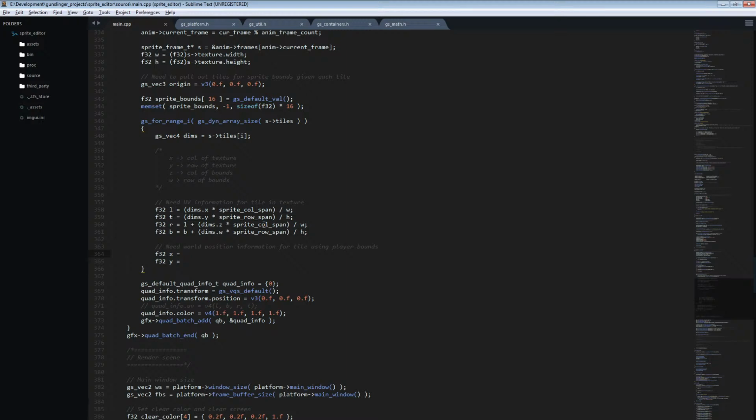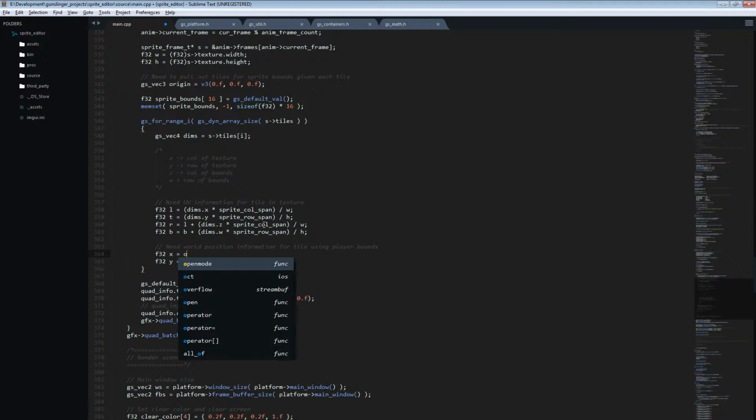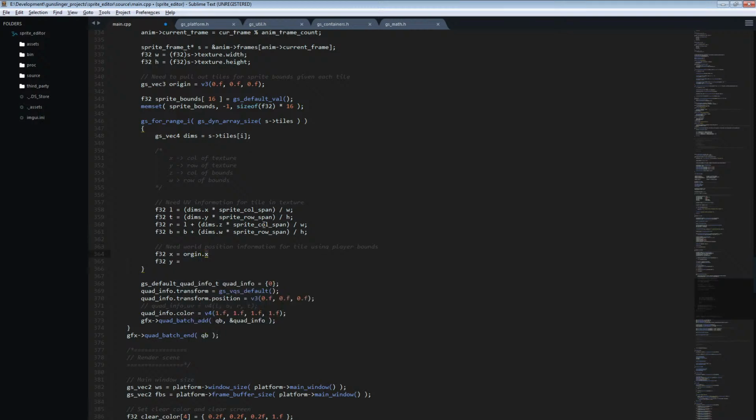And then for the world position, what we'll need to do is take the origin, origin.x, origin.y, and we'll go plus and then minus. So we do origin.x, we're going to go over by the sprite column span times, let's see. No. So this is,